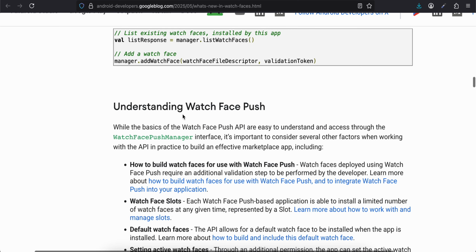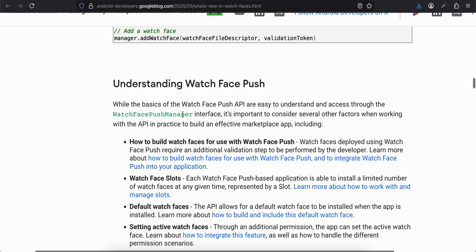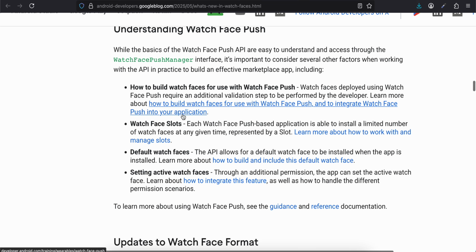Understanding watch face push. While the basics of the watch face push API are easy to understand and access through the watch face push manager interface, it's important to consider several other factors when working with the API in practice to build an effective marketplace app, including how to build watch faces for use with watch face push. Watch faces deployed using watch face push require an additional validation step to be performed by the developer. Learn more about how to build watch faces for use with watch face push and to integrate watch face push